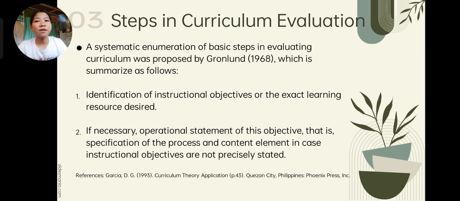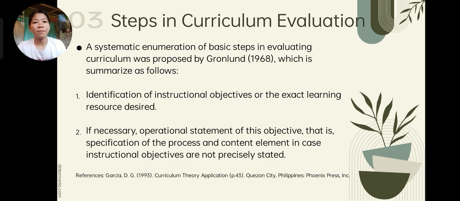This step involves breaking down the objective into specific process and content elements. It clarifies what exactly students need to learn. For example, specify that students need to understand the concept of gravity, know its formula, and be able to apply it